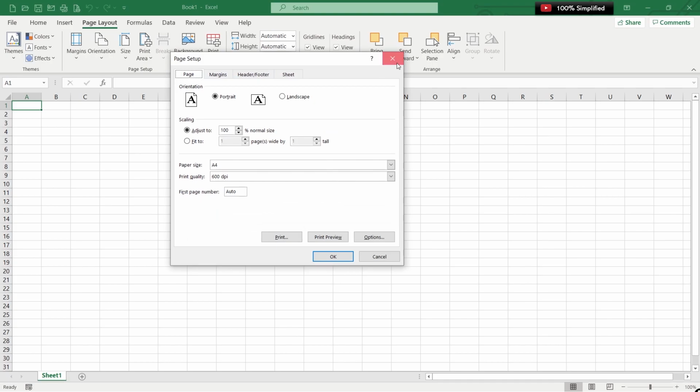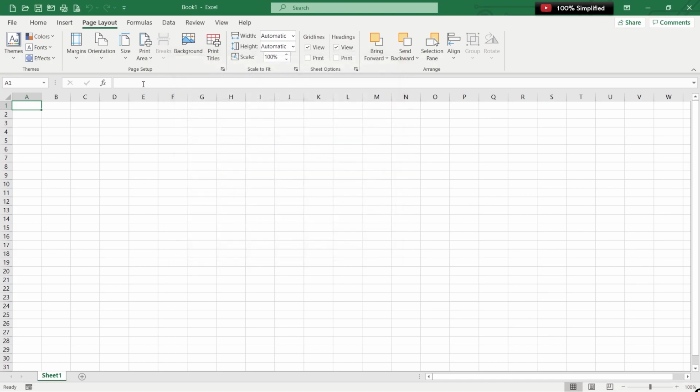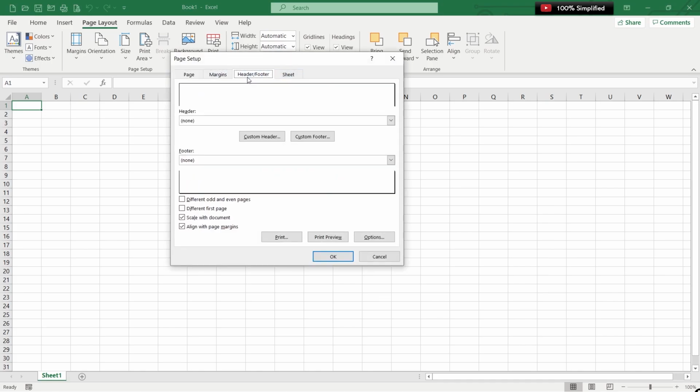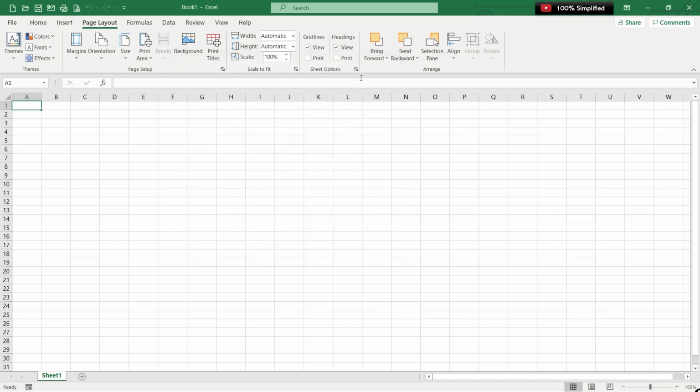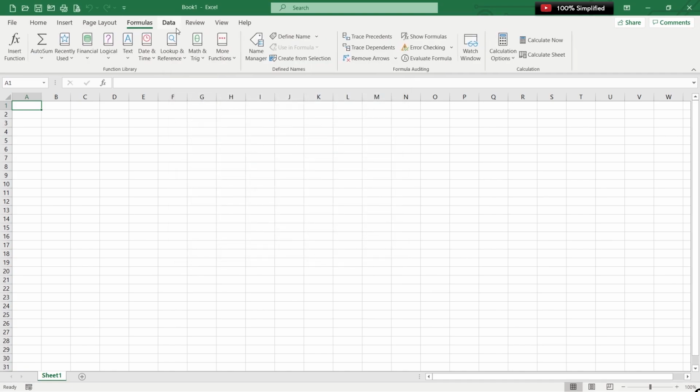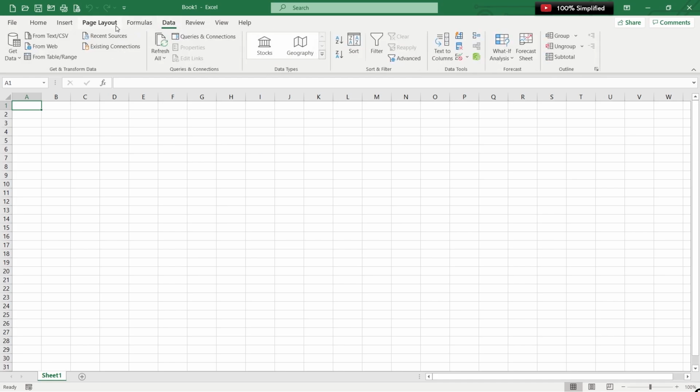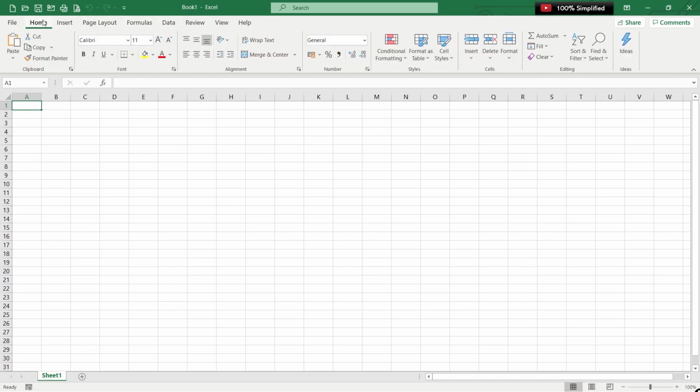As soon as you click on the arrow box, it gives you further features which are in that particular group. Even let's say scale to fit. Now you can select the width, the height, the scale here. You can also click on this to get further details like page setup. That's nothing but an added feature which Excel has to incorporate all the Excel functions. So that is all about the second part, that is nothing but the tabs, ribbons, and the group.